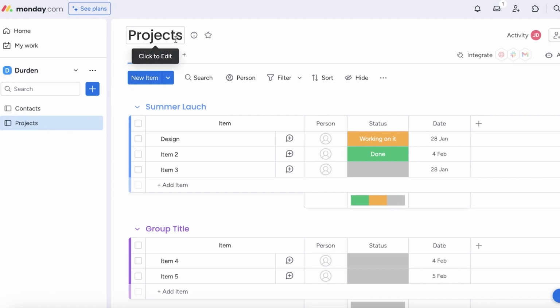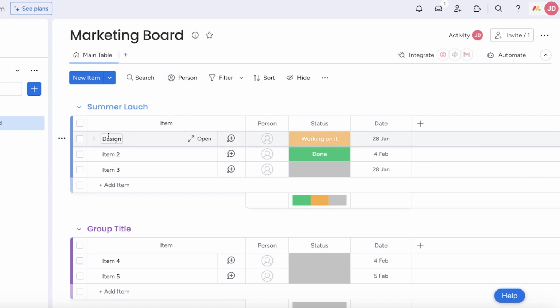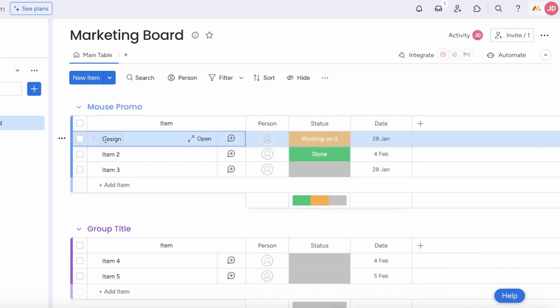We have a project board, or let's say this is going to be a marketing board over here. Now, within this marketing board, I have, let's say, a mouse promo like this. For that particular promo, we have to maybe run Facebook ads, something like that. Within Facebook ads, there is a lot of stuff that needs to be done. But I don't want to create separate tasks for that because it all falls under the particular task of running